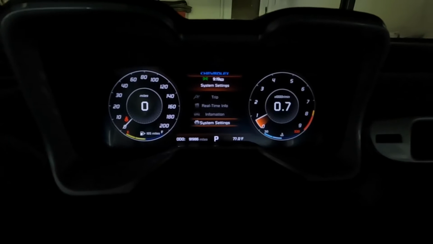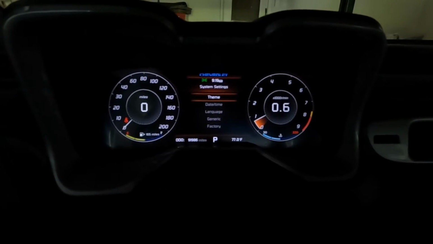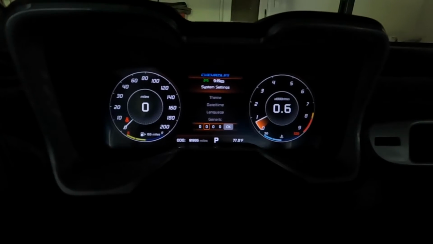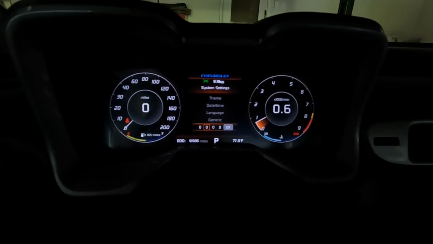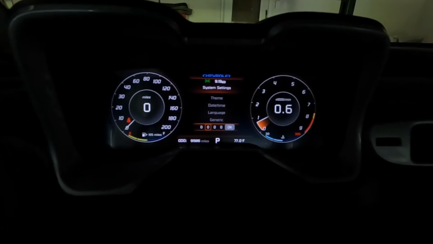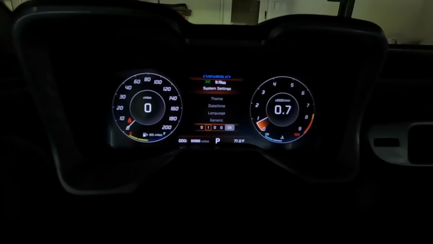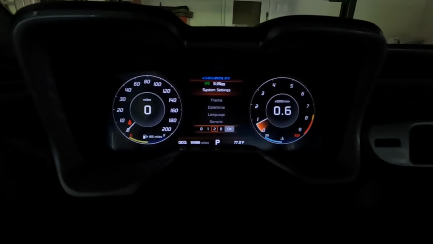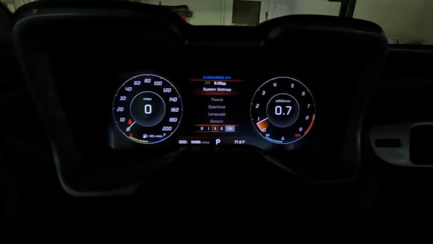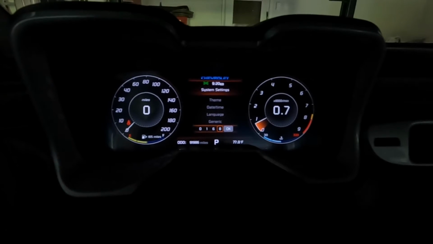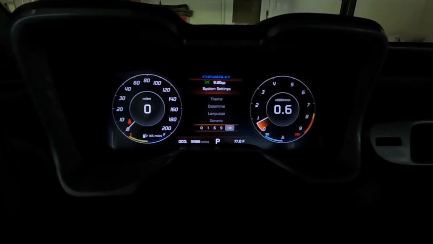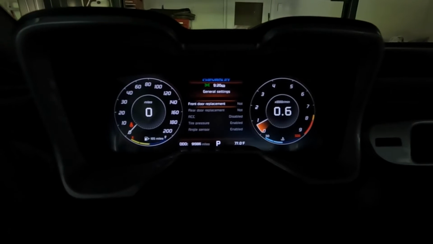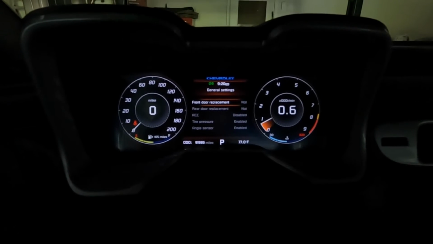So what you want to do, you want to find your system settings, and then you go to factory, and then you're going to press and hold, and then it's going to move over one. So it's 0, and then press 1, and then press and hold, and then 6, press and hold, and then 9, press and hold. Okay, so the factory setting is 0169. So what you're going to do is